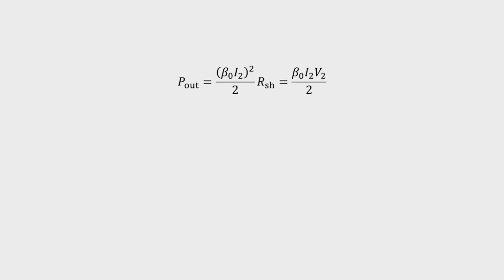Now, output power is beta naught I2 square by 2 RSH, which can also be written as beta naught I2 V2 by 2, and the electronic efficiency or the efficiency can be written as P out by P in. P out is beta naught I2 V2 by 2, and input power is I naught into V naught,